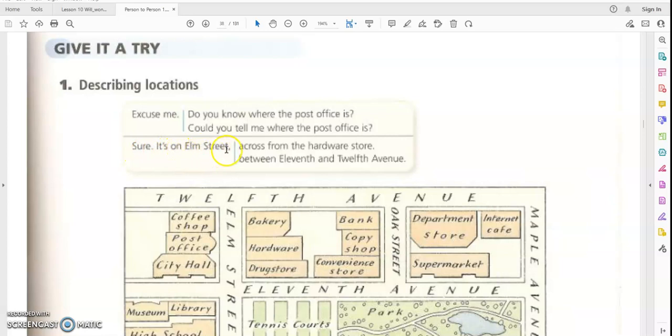It's on, and then you name, for example, the street. Sure, it's on Elm Street, and so on. Across from the hardware store. Across. That means on the other side of the road. It's on the other side of the street, and so on. Across. And then it says